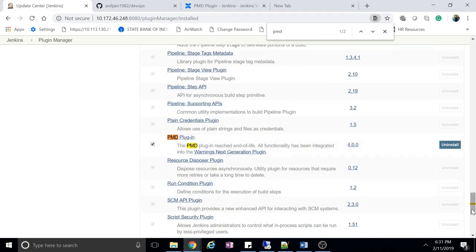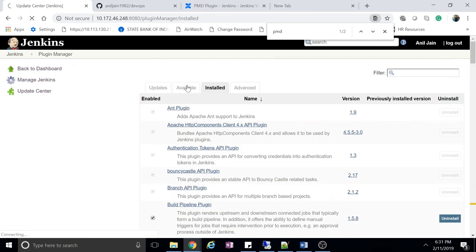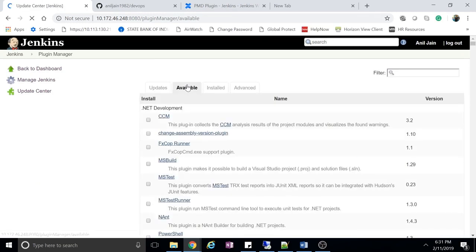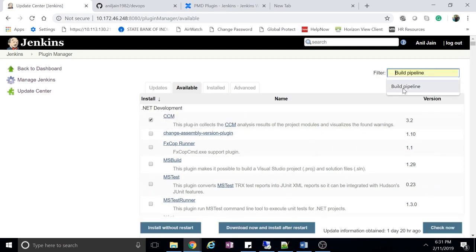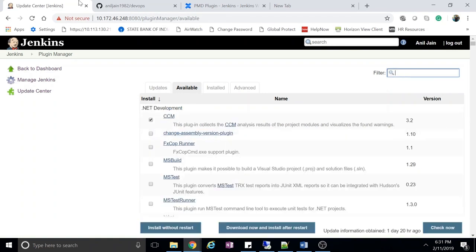Okay, so what you have to do, once you go to available, the pmd will come, just select. Okay, let me select some search, otherwise build pipeline or something. Just select like that and install without restart. It will install the package. This thing you have to do. Okay, so I already installed, so I'm not installing. So once you get it installed,